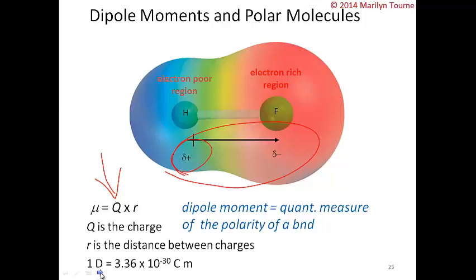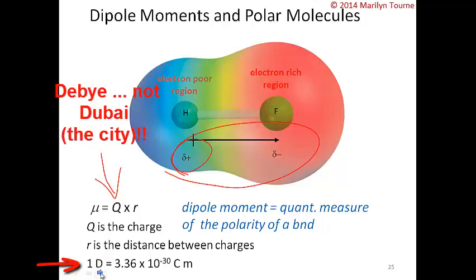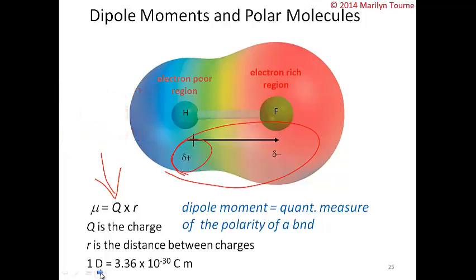And here I'm showing you what each of the things are symbolizing, but we've already talked about that. The only thing we haven't talked about is dipole moments. What is the unit for dipole moments? It's a debye, and the symbol for a debye is capital D. 1 debye, and that's spelled, by the way, D-E-B-Y-E, is 3.36 times 10 to the negative 30 coulomb meters. So in essence, hydrogen fluoride is a diatomic molecule that contains a dipole moment,